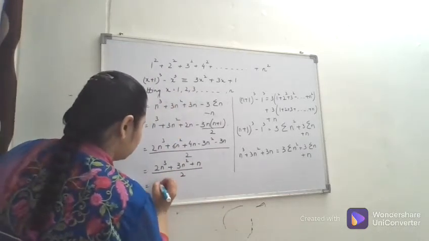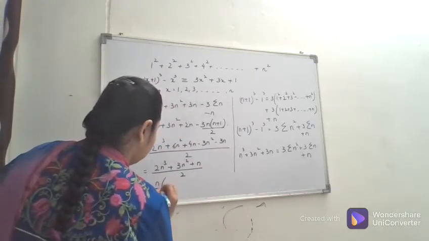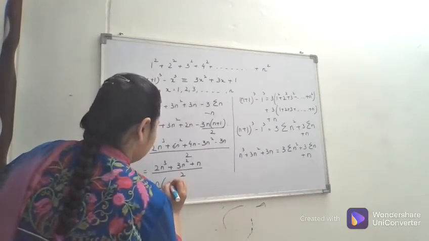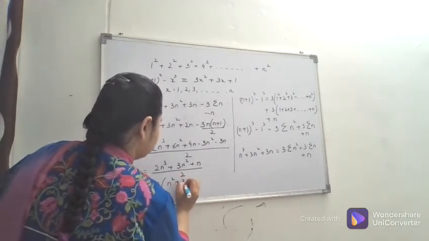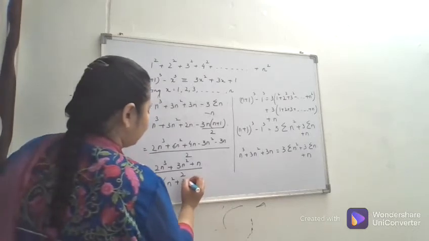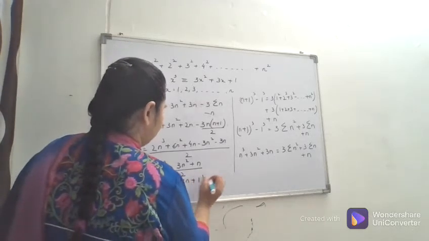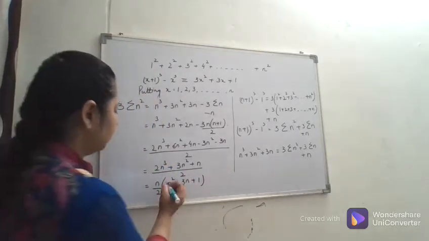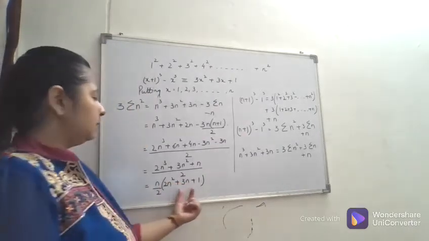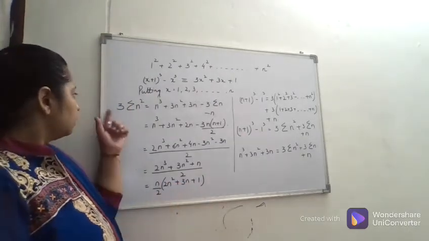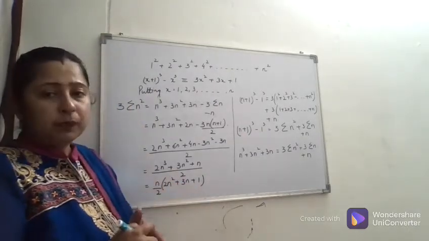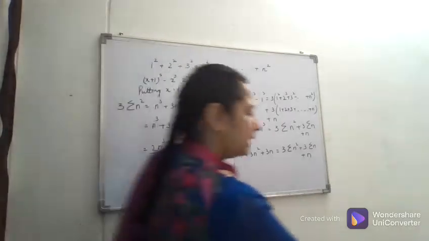Taking n by 2 as common, we get n by 2 into (2n square plus 3n plus 1). So this is over here. Solving it further, we get